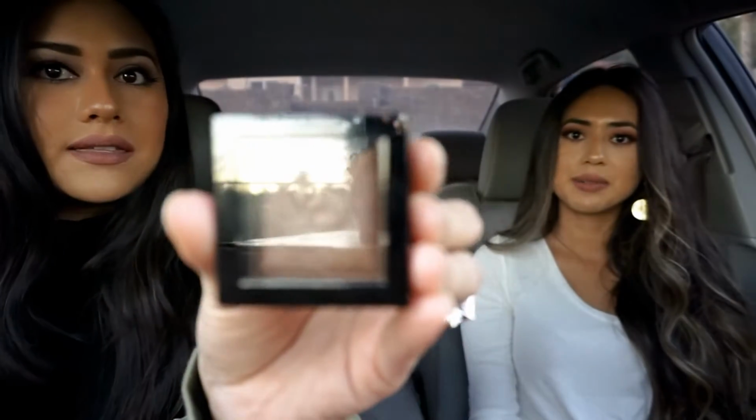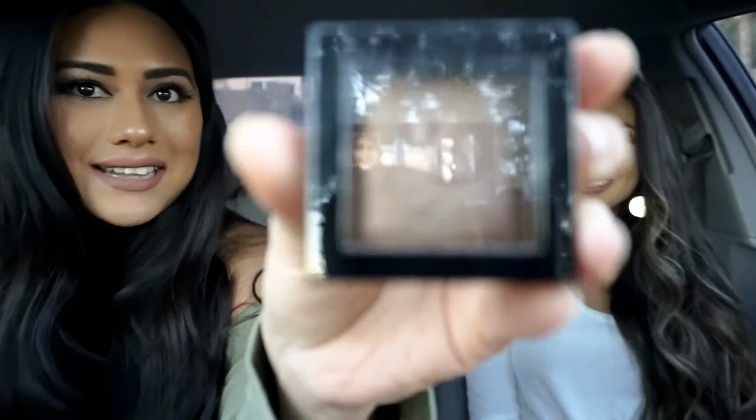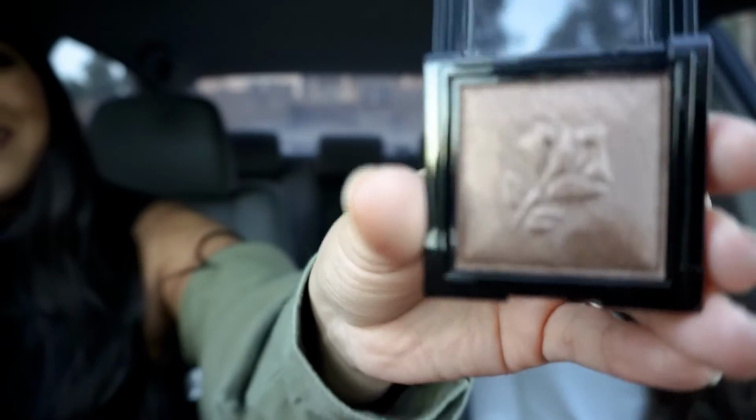Yep. So it's like this. It's a nice dark brown. It does not focus, but I think it will try to focus on our faces. It's like a bronzer just with shimmer. Let me, there we go. There you go. Now you can see how